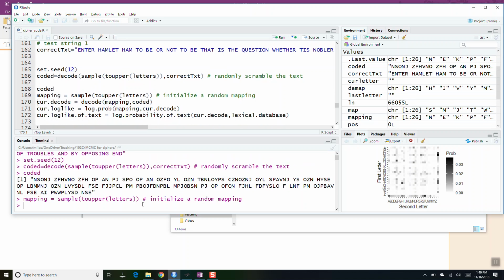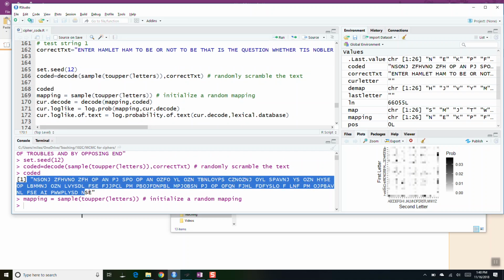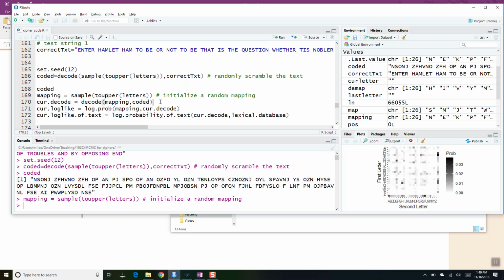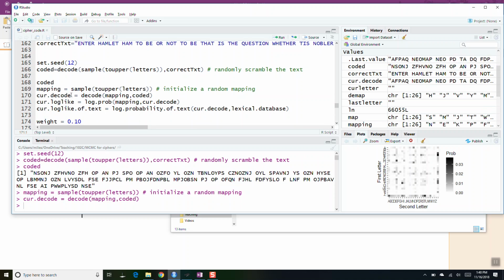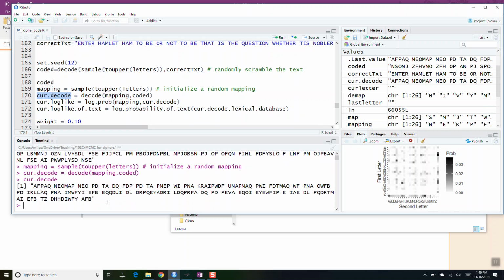We're going to just start off with a random guess, and when I use my current random guess mapping, this is the message that we've encountered. And when I say, all right, here's a random decoder key that I've made up, and I use that, it says, okay, well, when we decode it, this is what we get, all right? And we get, well, this is no good, all right? This doesn't help me understand. You just map the letters to another set of nonsense letters, okay? But now we have a way